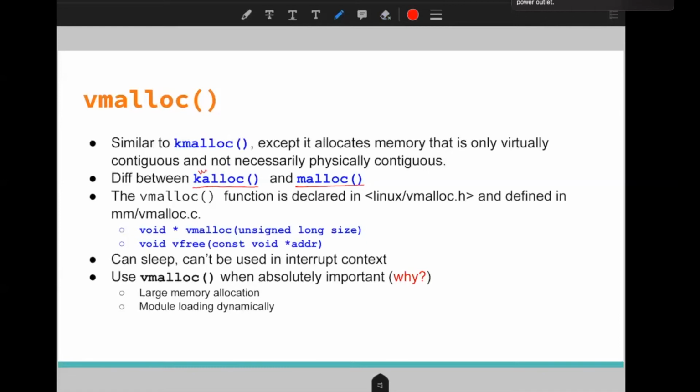malloc is used in user space, and it tries to allocate free memory, which can be anywhere.